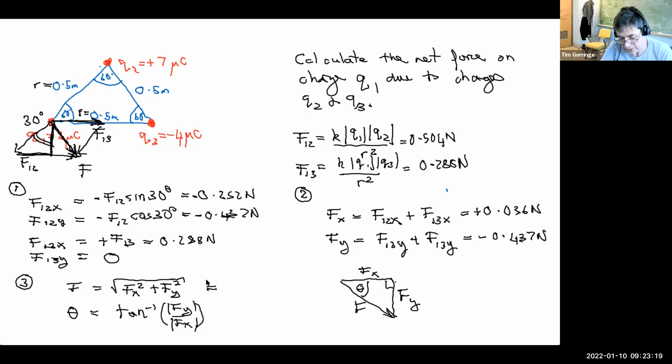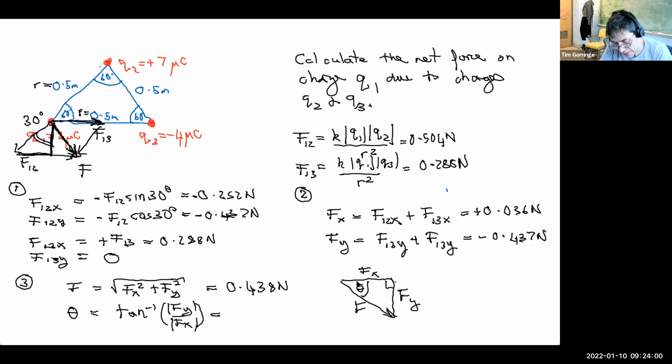Okay, so let's do the calculation now. If I fill in the x and y components here, I'm going to have the square root of 0.036 newtons squared plus minus 0.437 newtons squared. Since the x component is much smaller than the y component, actually the magnitude of the force is barely bigger than the y component of the force. And when I did this calculation, it came out to be 0.438 newtons. So that's the magnitude of the force. And then the direction of the force,